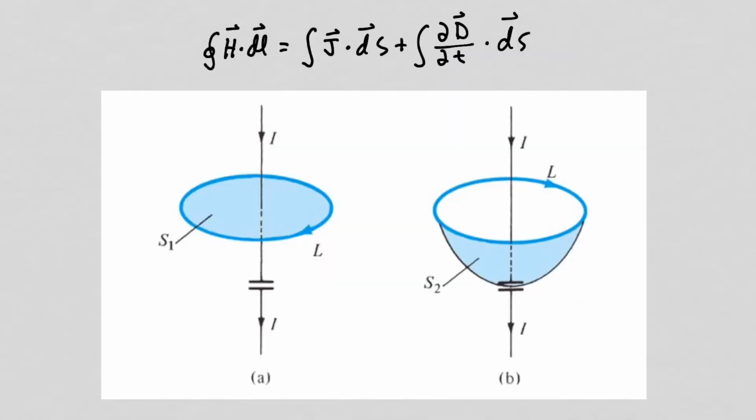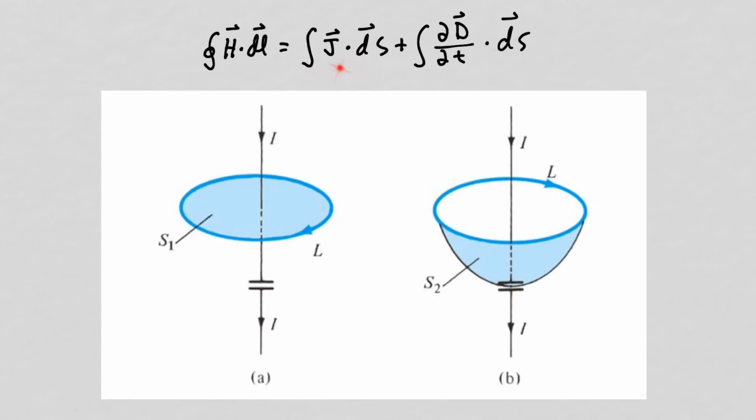Going back to this figure, when our surface cuts through the wire, there is not a second term here because for DC current flowing, the electric field is constant, so the partial of D with respect to time is 0. So the only contribution comes from the integral of J dot dS through the wire, which is the current flowing in the wire. For the surface that cuts through the center of the capacitor, there's no free current flowing, so